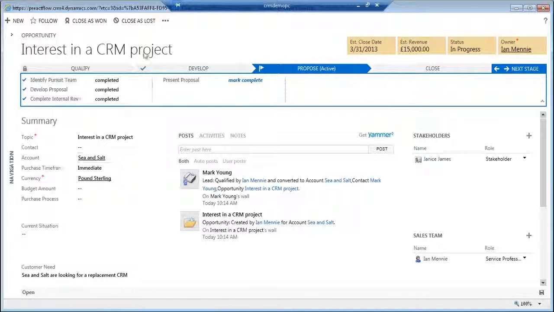The opportunity that we've got in here, we can use the ellipsis button and share this opportunity with other users. We can email a link to other users within the organization, so it makes it quite easy for them to open up. In the same way that you could in the classic form, you could copy a link or email a link. Using the form editor, we can